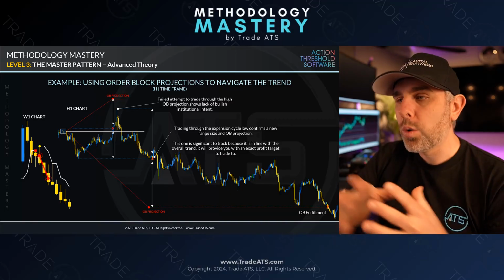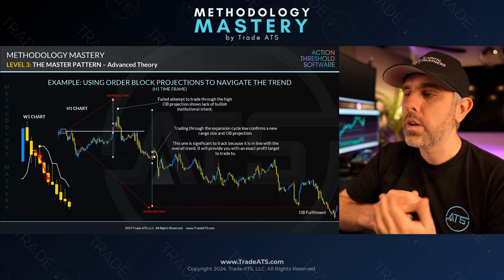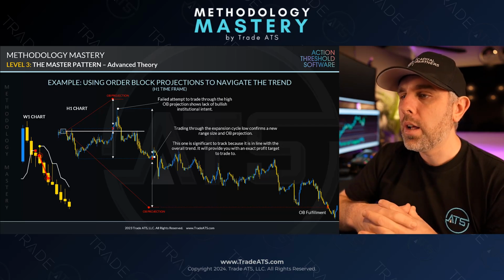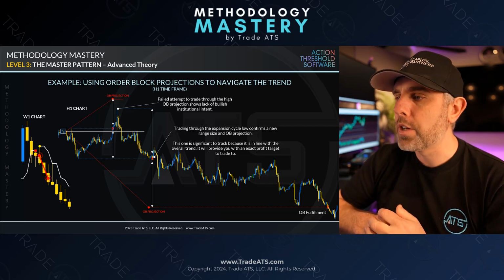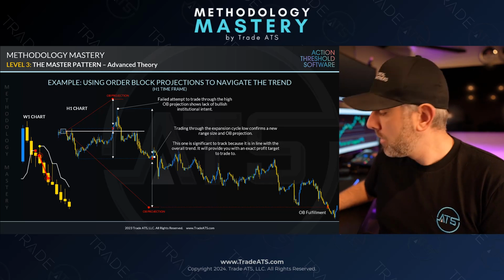But if you stay grounded to the previous expansion phase and you understand the order block projection associated with that expansion phase, then mathematically you already have this in your head and you hit that outcome. Sooner or later it will. In this case, it was a little while later, but you have that exact profit target that you know you're going to close at in trend. And that way you have a predetermined profit baked into this whole situation that you eventually hit. So it gives you a very exact way to plan out your trades.